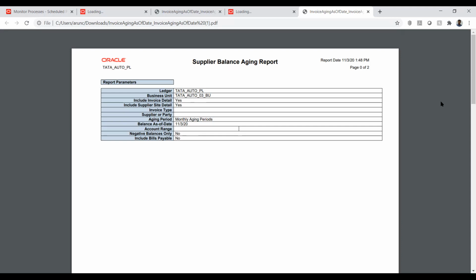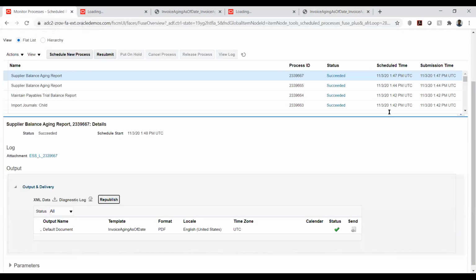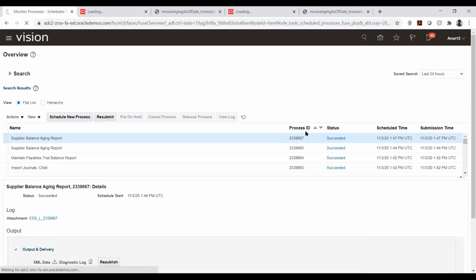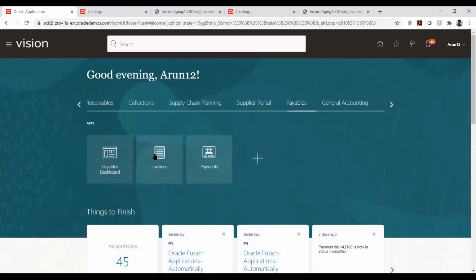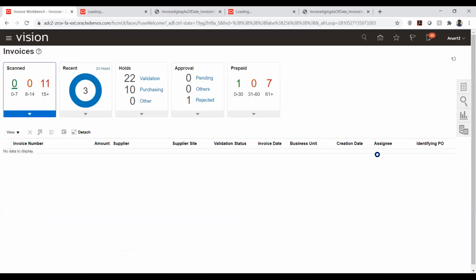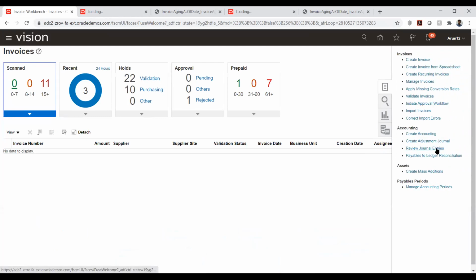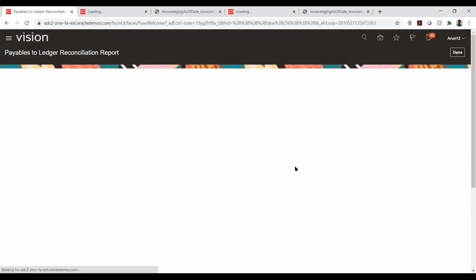The next thing that I planned is the payable trial balance. These are the basic reports that we will run. Apart from that, inside the form itself, we have a report called Payables to Ledger Reconciliation. We will just click this one and I'll run it for this OU.